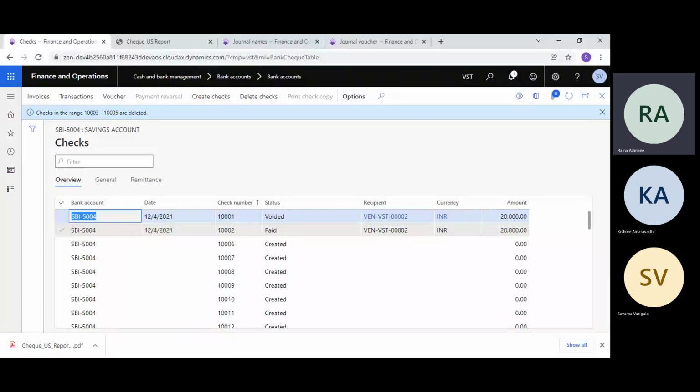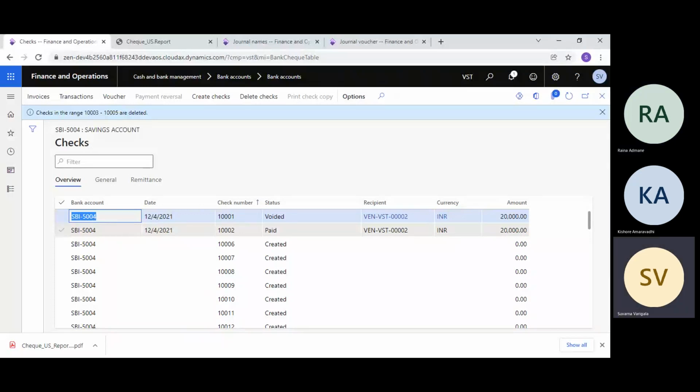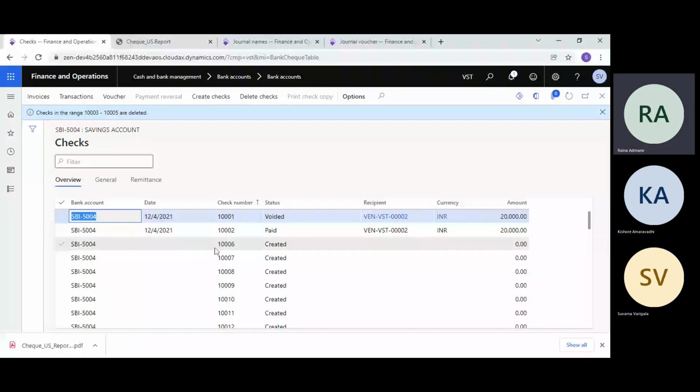Come again. If you created the checks manually, you are preparing the check, right? No, no. Manually, I prepared a check and gave it to an external party, whether it's a vendor payment or whatever it is. How do I give that effect here? Suppose 10006 is manually used. I need to give that effect. What should be the status? You need to follow the same steps. Only thing is that you will not print that check. You need to follow the same steps, but you will not print because you are just typing that.